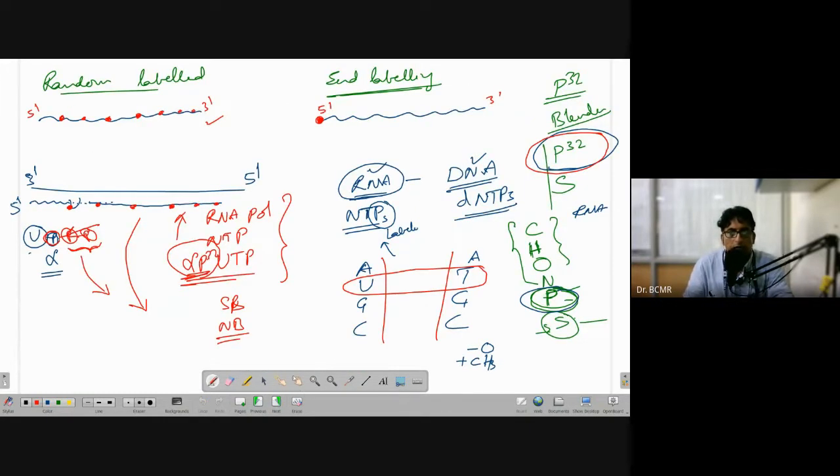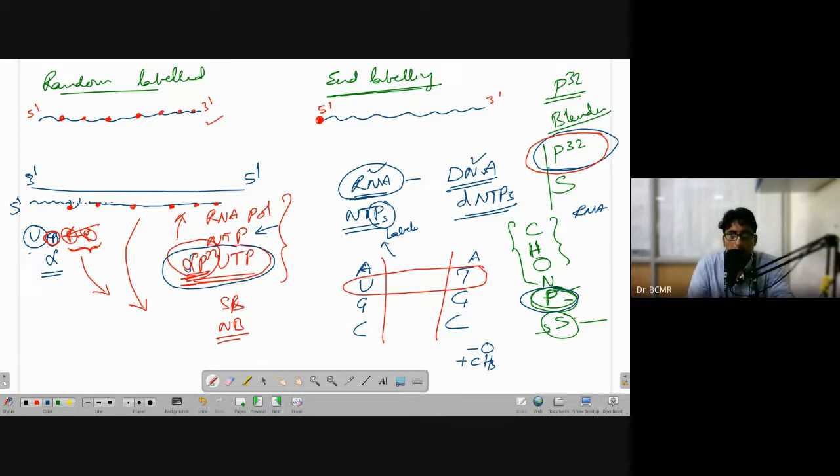And we also discussed how to specifically get the random label. There we are going to use UTP or any of the bases. Basically, you could have taken any of the bases. We could have taken all the bases as well, NTPs. All of them could have been labeled, but we don't want too much radioactivity. We want an adequate amount so that the detection will be sufficient. We don't want to use any extra